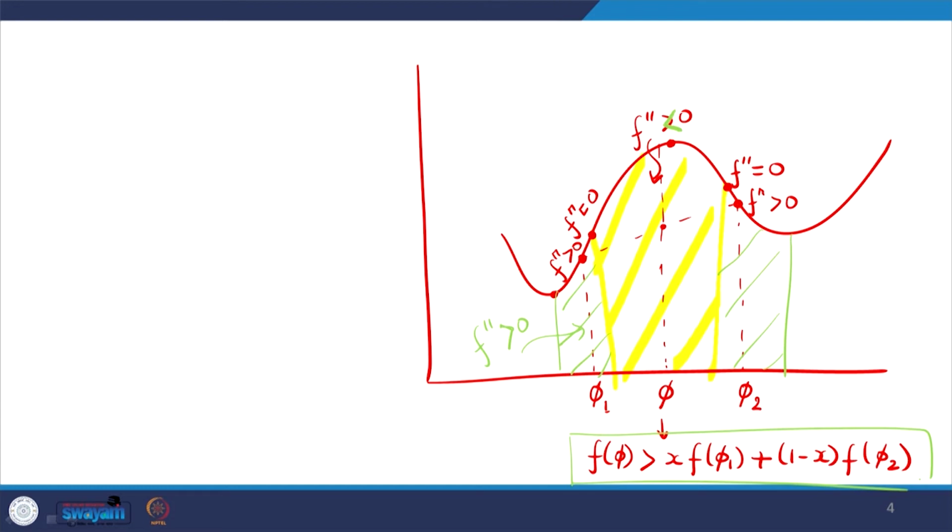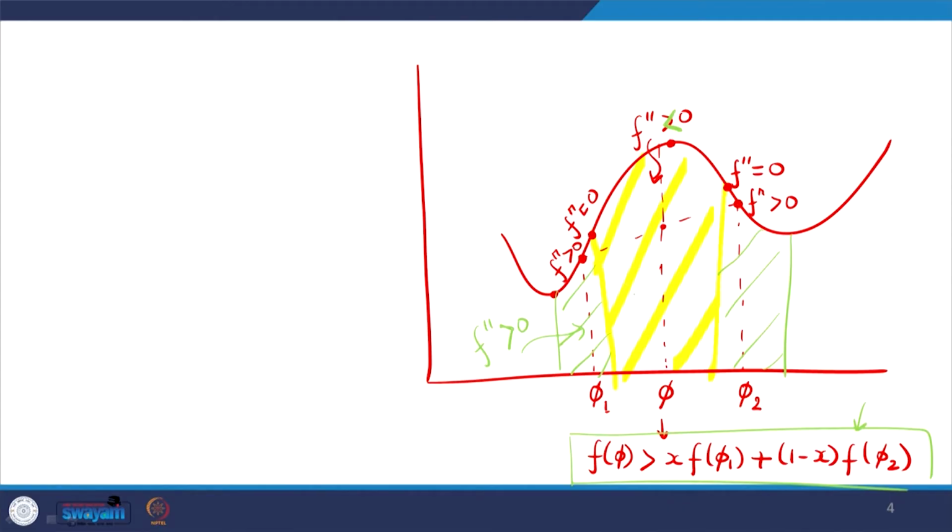If on the other hand I lie in this green regime, then it becomes a tricky situation. On one hand, if I find the net phi value for these two cases, I will still have this condition being met. So, using this condition, I can say that the system has a tendency to phase separate. However, f double prime is higher than 0. That means the system has a tendency to mix, right.